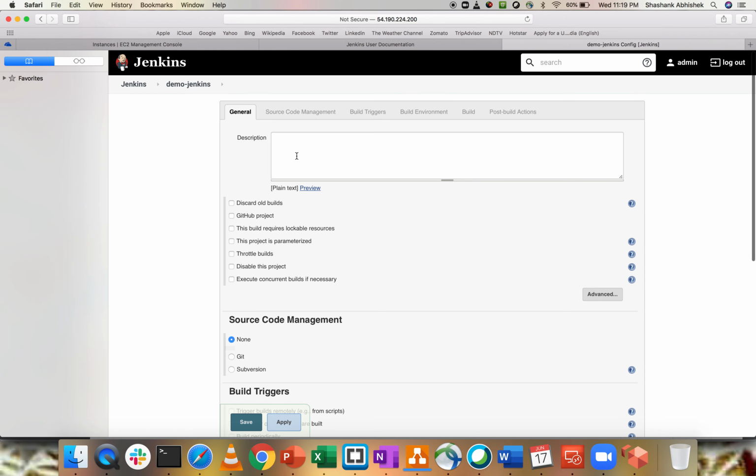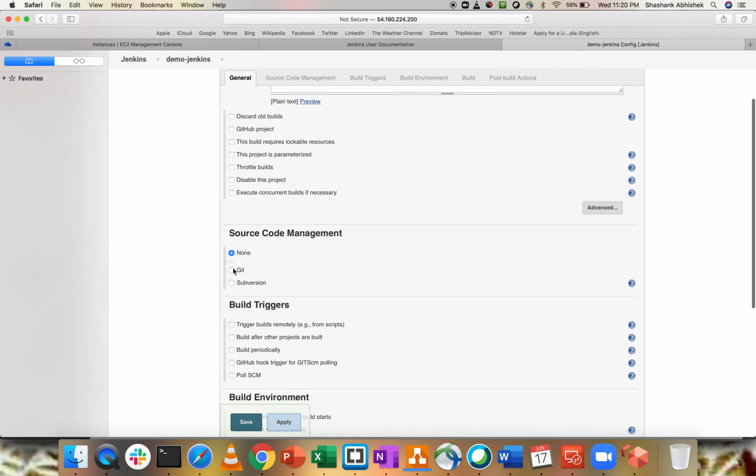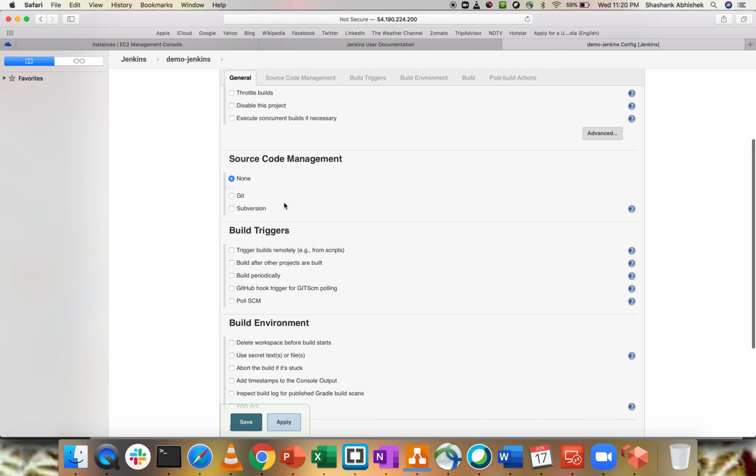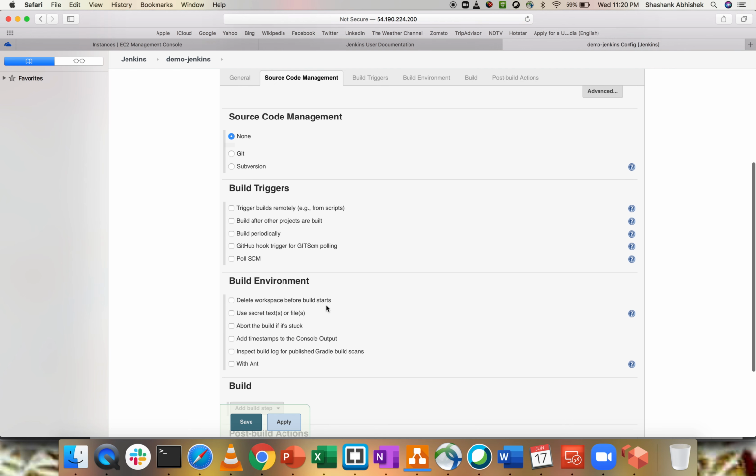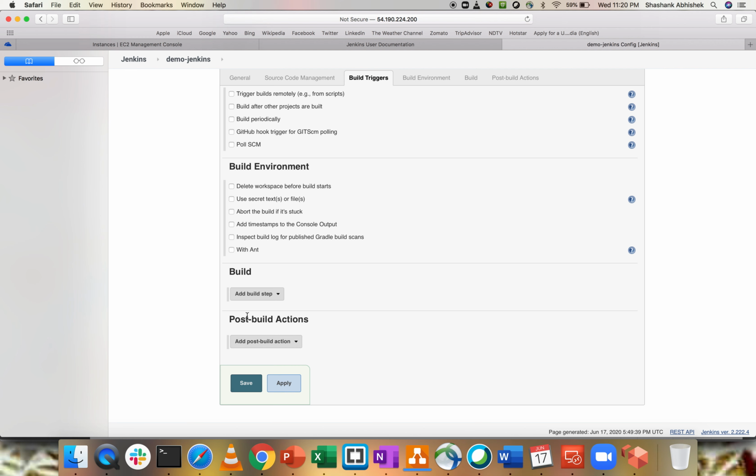So the description, the general section, you will be getting discard old builds, GitHub project, throttle build, disable this project, source code management, Git, Subversion or none, build triggers, build environment, build, and post build actions. So everything can be done within Jenkins, like check in, then deploy; check in, test, and then deploy; check in, test, give me a result, and then deploy. All these kinds of combinations are possible with the help of Jenkins.